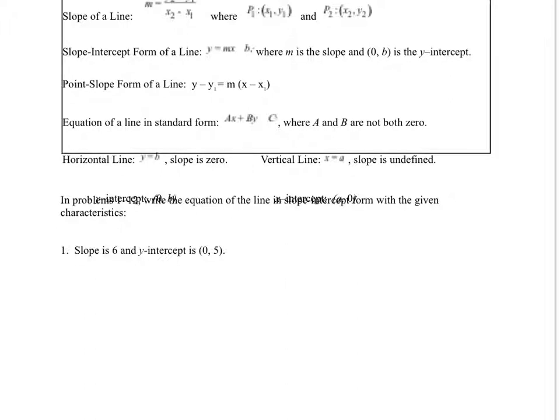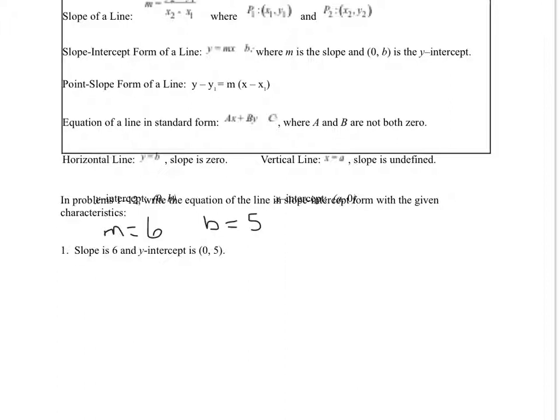Now, your slope is always identified symbolically with the letter m. So our slope is 6, that means m would equal 6, and your y-intercept is where it is crossing the y-axis, and that's going to occur at the ordered pair (0, b),